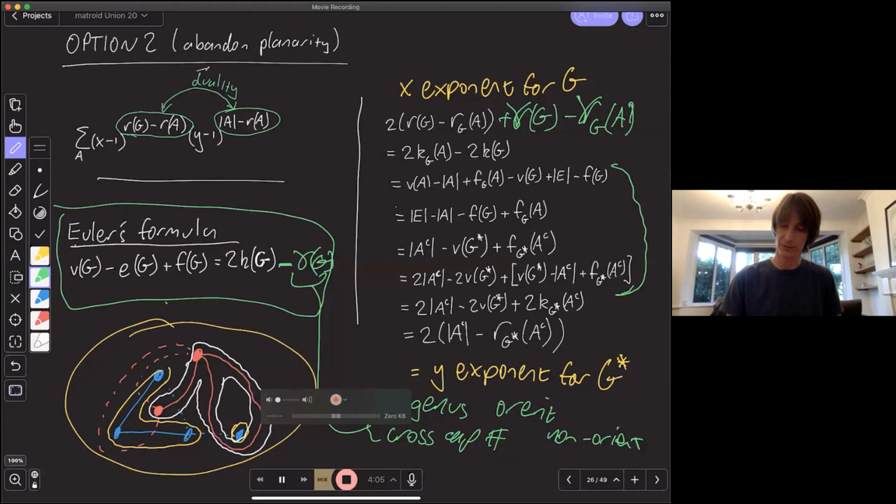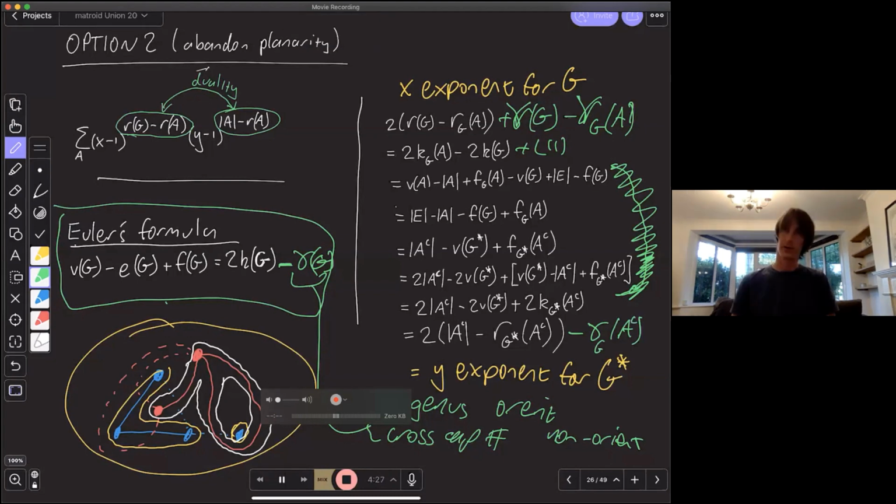This would carry through to the next step. Then it vanishes when I apply Euler's formula and comes back in at the end. And down here, I'm going to end up with a minus gamma of A complement in the dual graph. Okay, so I'm picking up an Euler genus term there.